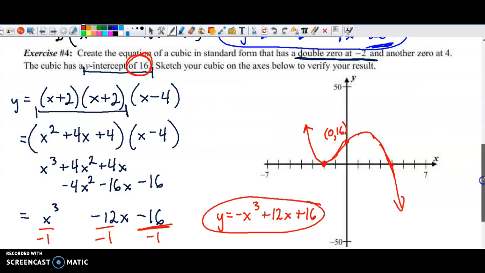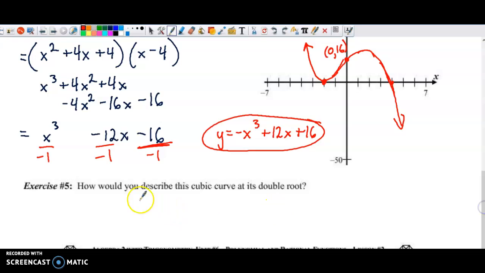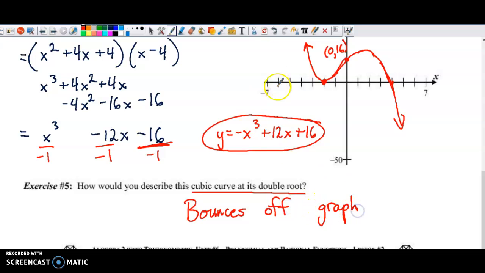And that's what question 5 is asking you: how would you describe this cubic curve at the double root? It bounces off the graph. Now that's not really a math phrase, so let me give you the math phrase. There are times when we bounce. You can bounce below, you can bounce above. We use the phrase that it is tangent